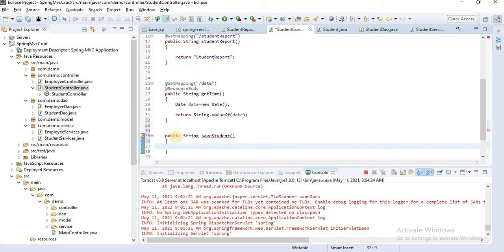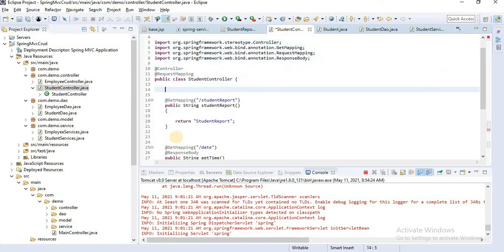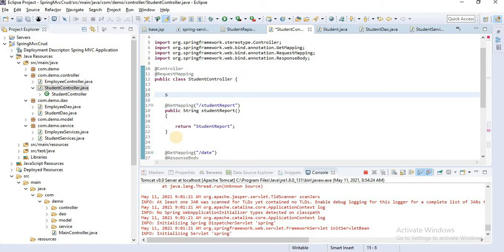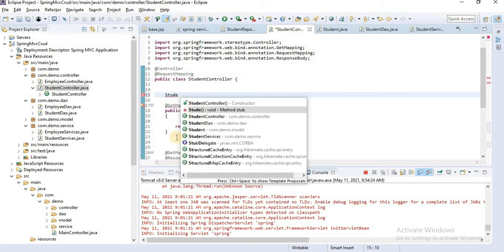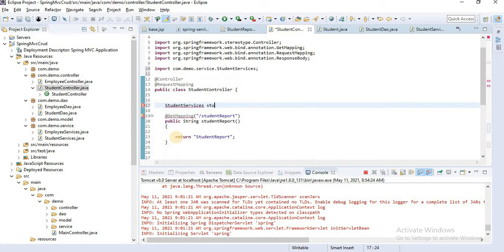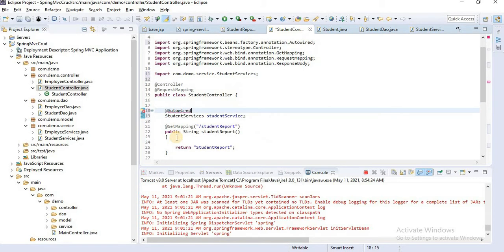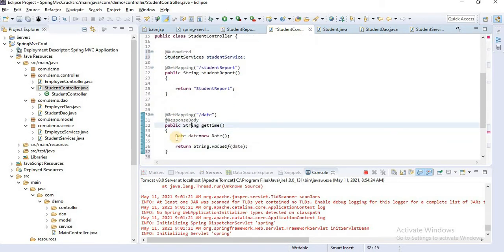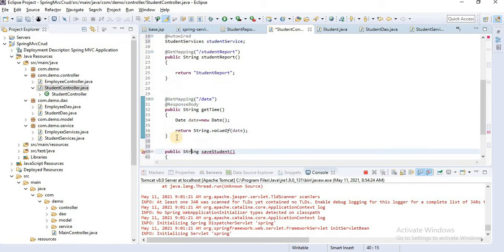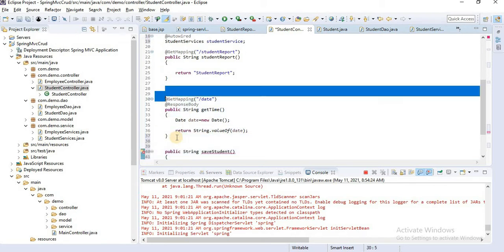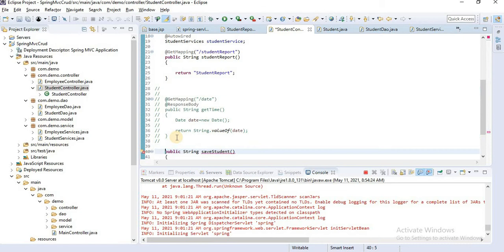Let's create first a student service object, StudentService, and @Autowired, add the @Autowired here. We don't need this get time, so I'll comment it out.